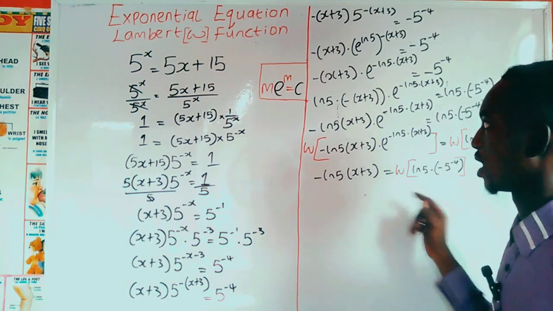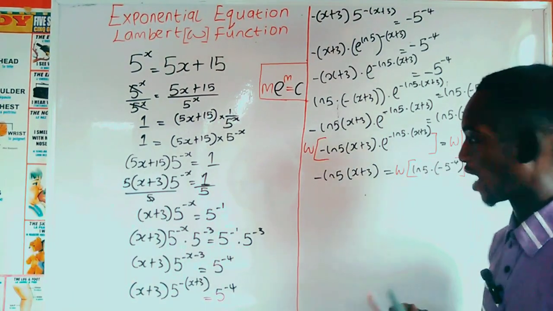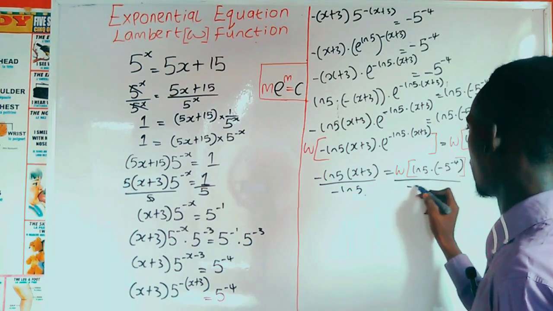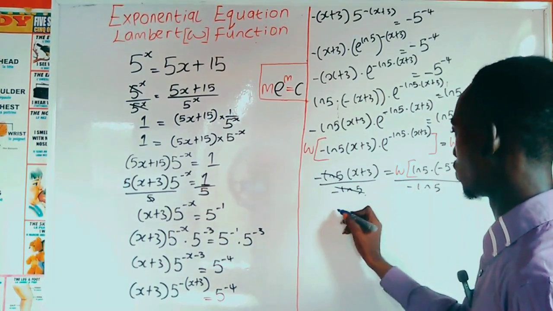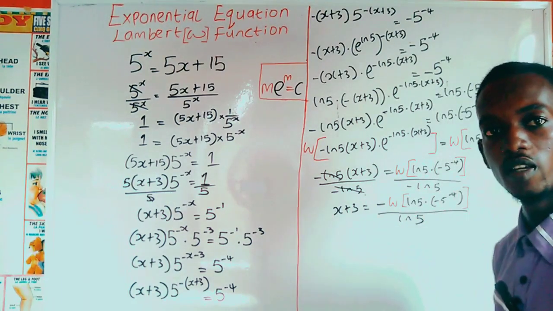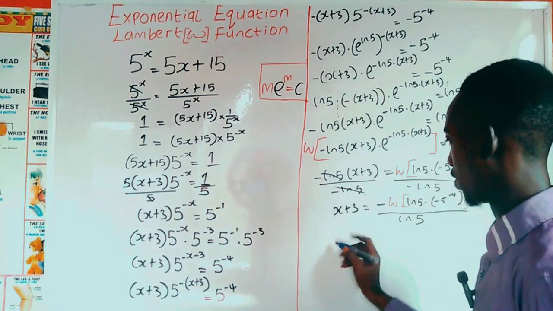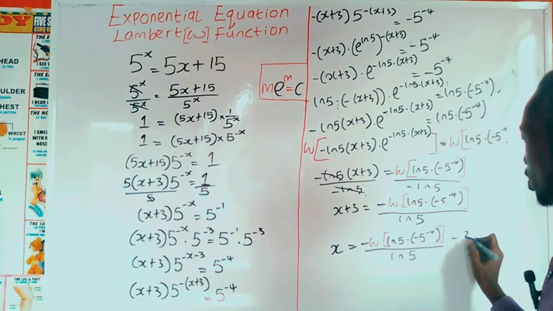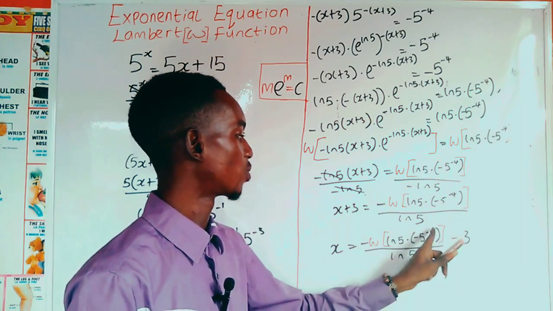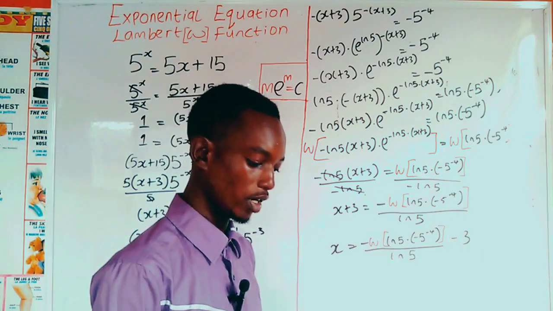So you solve for x normally as you have done in a normal simple equation. So what we do here is we're going to divide both sides by negative ln 5. So we have divided by negative ln 5, divided by negative ln 5. So we'll be left with x plus 3 equals the Lambert function of ln 5 times negative 5 raised to power negative 4, over negative ln 5. Okay, so to solve for x, we'll transpose this 3 to the other side and it becomes negative 3. So we have x equals that minus 3. So when we input negative Lambert function of ln 5 times negative 5 raised to power negative 4, all divided by ln 5 minus 3 into our calculator, as you can see on the screen, it's going to give us